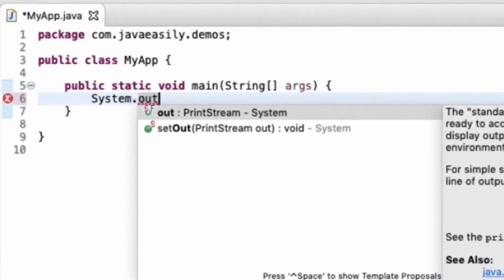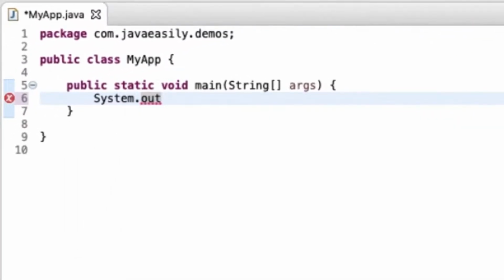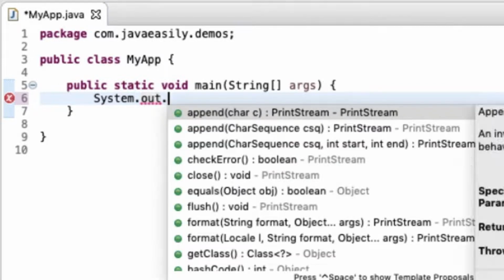That said, if I hit enter, now I've got this System.out reference, which is a reference to the PrintStream, which enables us to write a message to the display. Now if I press another dot here, you can see we've got the same kind of thing again. Only this time, instead of it showing us, like it did before, methods or fields which were available on the System class, now of course, we're not accessing the System class anymore. Now we're accessing the PrintStream, because out, which is a field inside the System class, the actual type of that is a PrintStream.